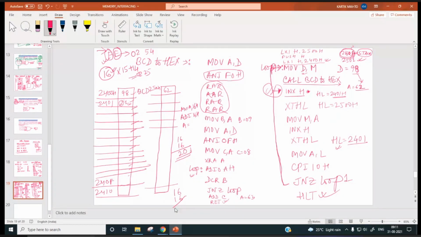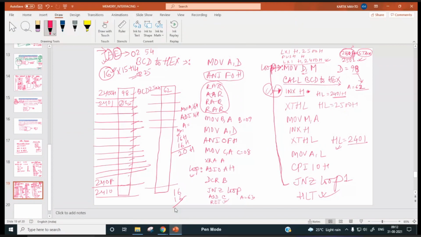Now this you have to convert to the corresponding BCD, so this has to be 32, no? So if you do DAA, what will happen during this addition process? Auxiliary carry will be there. So due to that, 06 will be added.